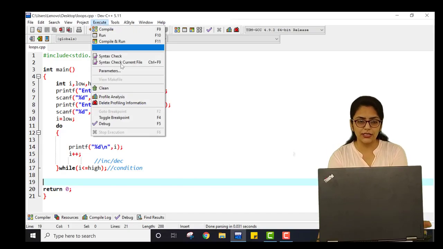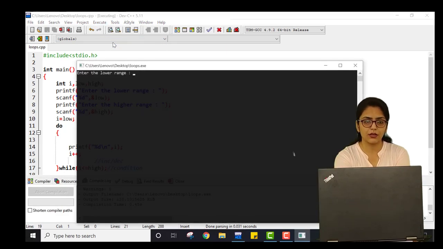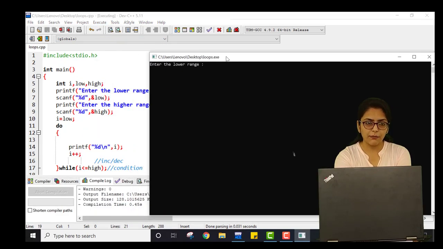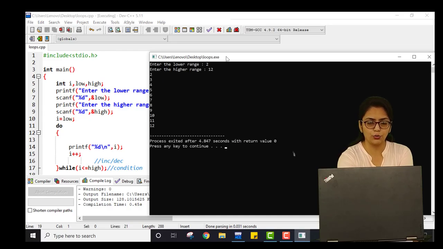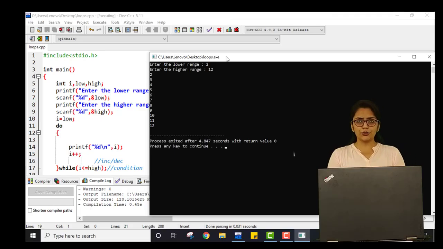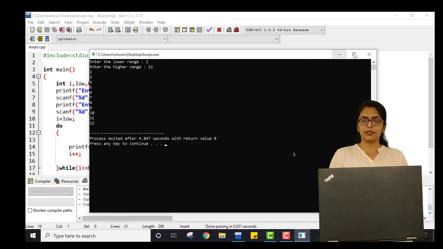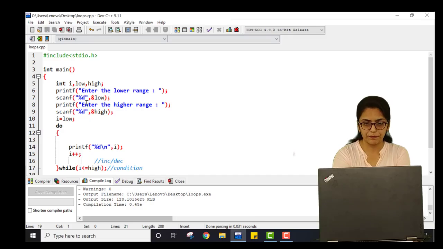Now let me save this program, compile it and run it, and let me enter 2 and 12. See, it is printing something. Now I would like to show you an example where it executes this loop exactly one time.